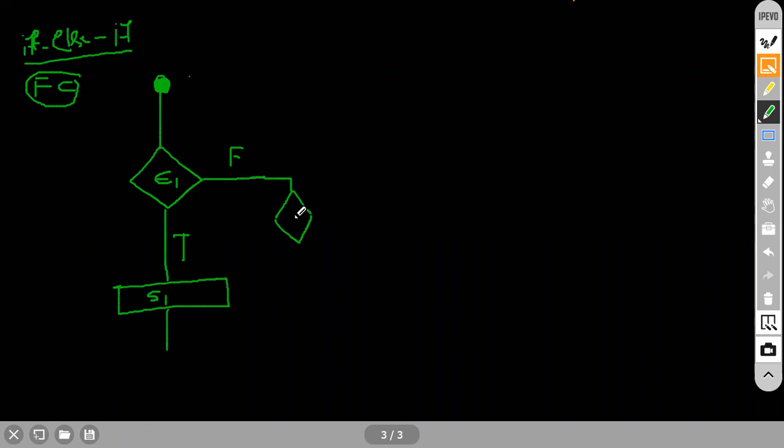One more condition will be created. I am going to call this expression number 2. Clear, everybody getting this? This is expression number 2. If this expression is true, please understand, we are going to execute one more statement here. Whatever expression you are evaluating or checking, if it is true, you will execute statement number 2. This is very, very important.